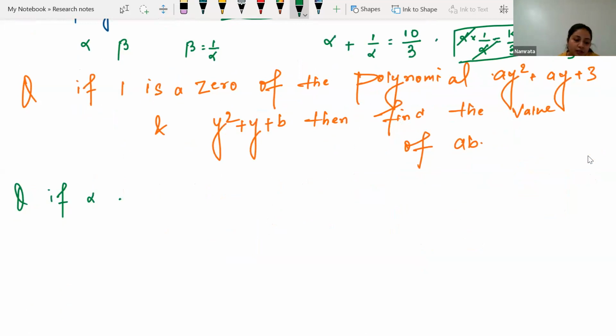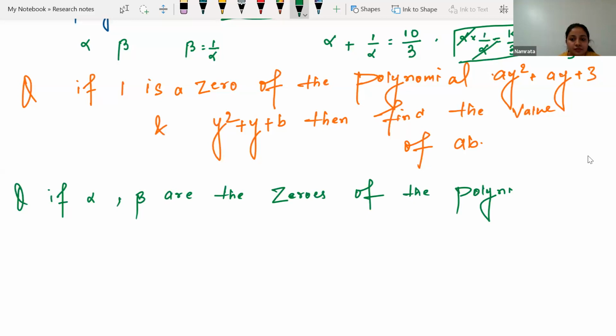If alpha and beta are the zeros of the polynomial y² + 7y + 5, write the value of